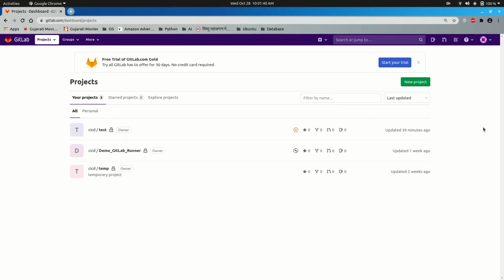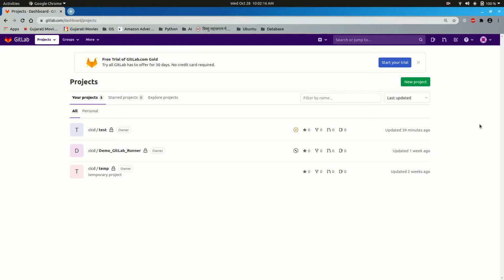If you have not set up the SSH, in that case, you will need to provide your username and password again and again whenever you try to push or pull the code to or from the repository. And once you have set up the SSH, you don't need to provide your username and password. The entire authentication process will be automated and you just need to run the command. So let's see how to set up the SSH on Linux machine for the GitLab account.